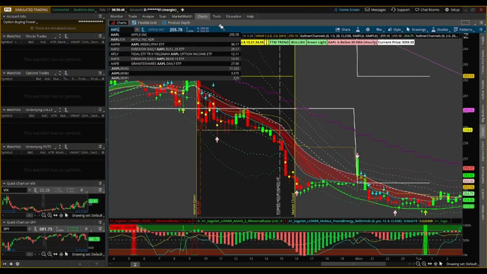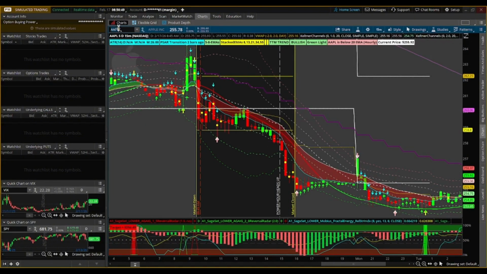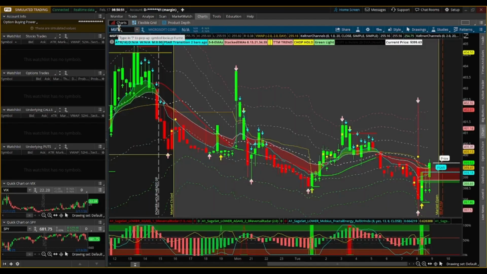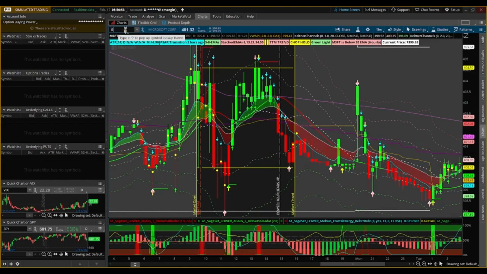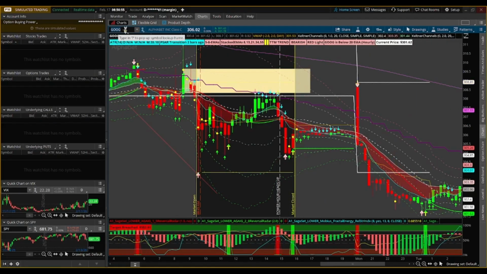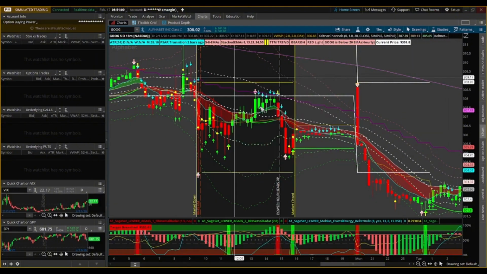However, drawings are tied to the specific symbol. If you switch symbols, you'll need to draw on the new symbol. If you change time frames, drawings display based on their date and time settings. If your time frame doesn't support those settings, the drawing won't appear until you switch to a compatible time frame. To delete a drawing, select it and press Delete, or right-click and select Remove Drawing.